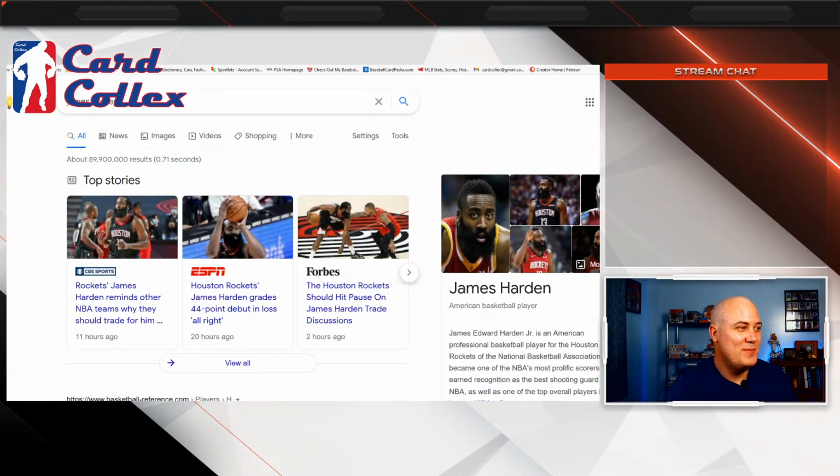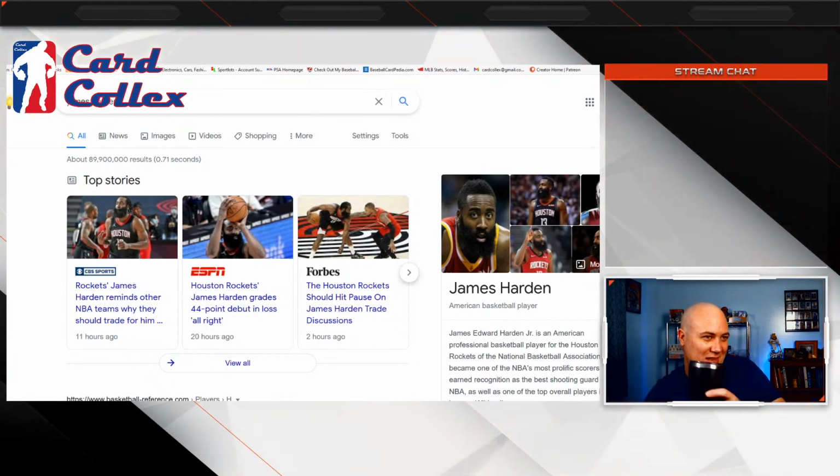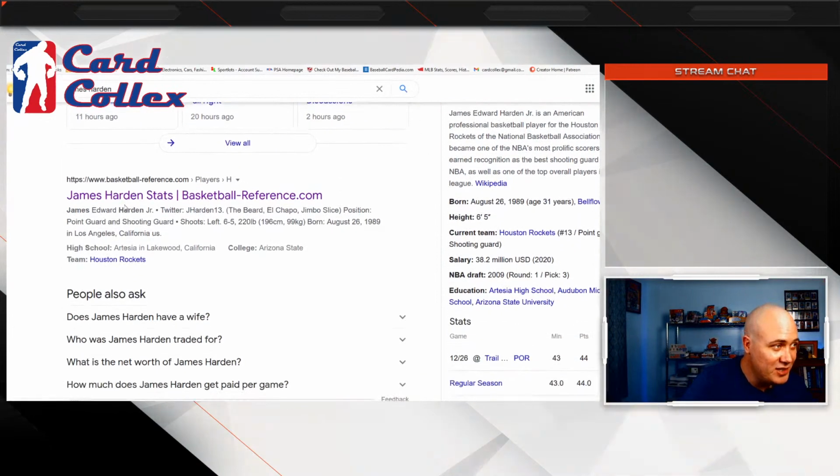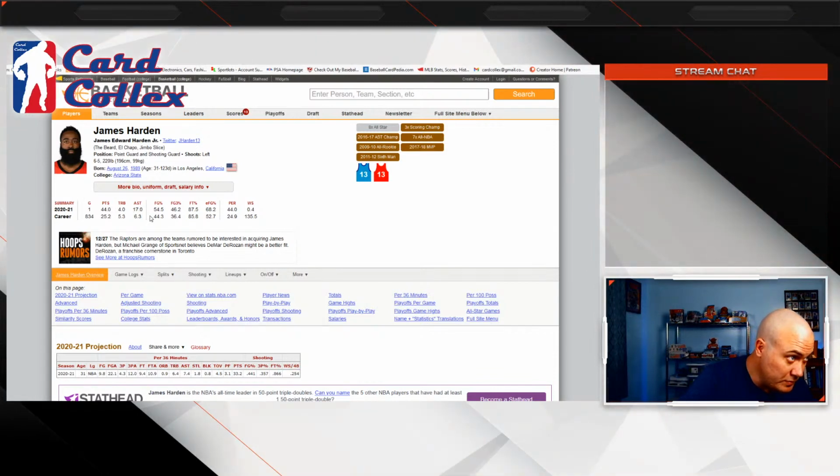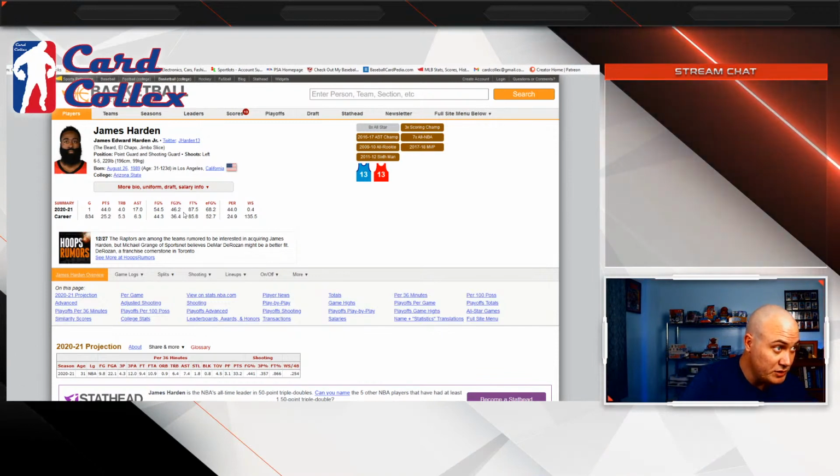James Harden reminds other NBA teams why they should trade for him. He put up 44 points and 17 assists, shooting 54% from the field and 46% from the three.